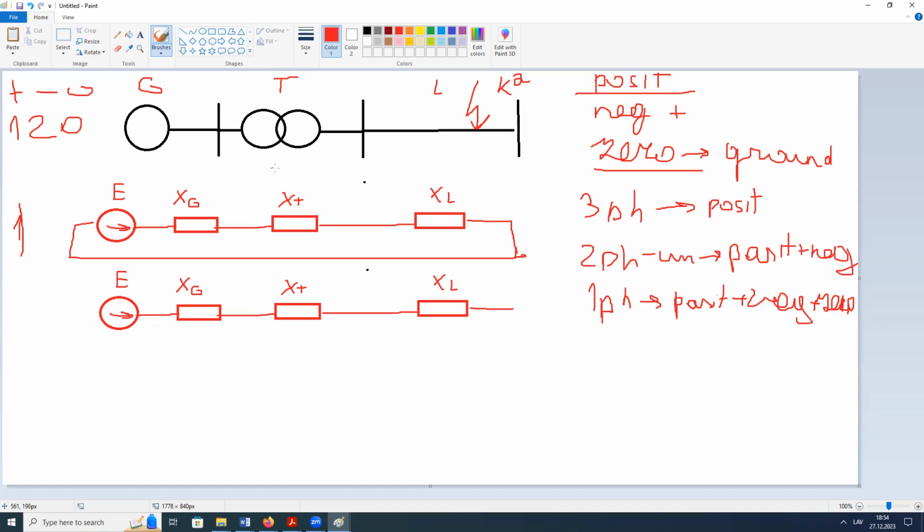That's why there are different names. So it could be 1, 2, 0 or plus, minus, 0. I typically use 1, 2, 0. So what is the negative sequence? In the negative sequence,